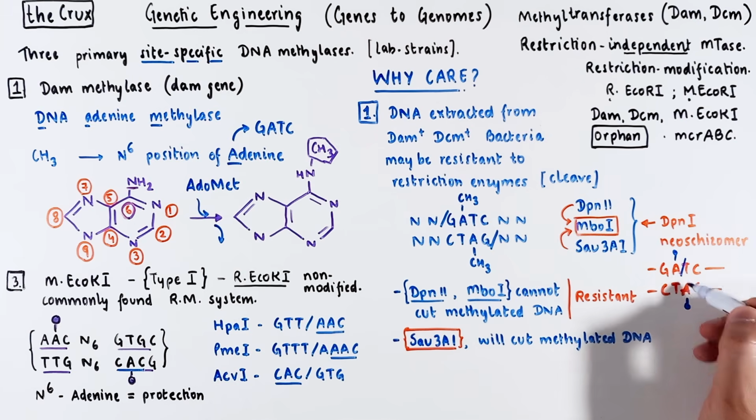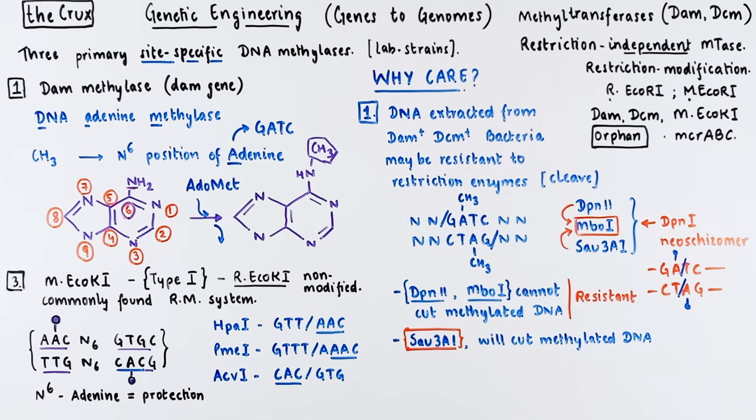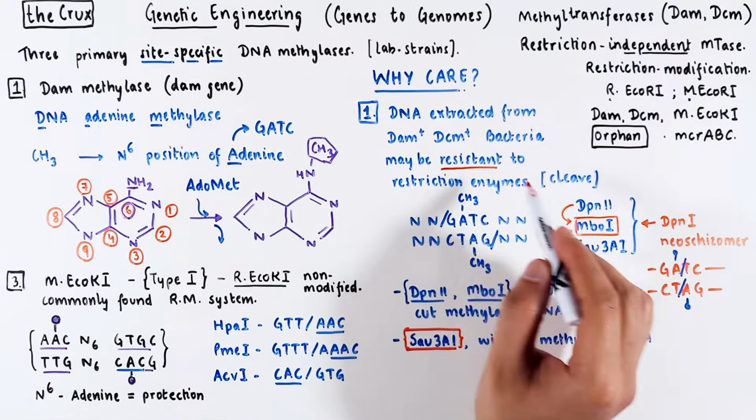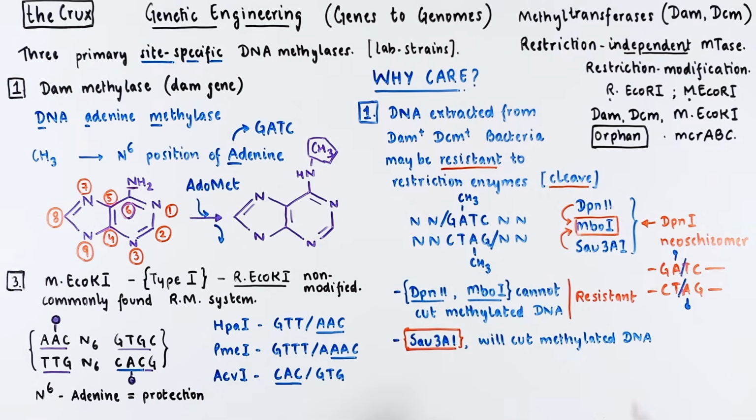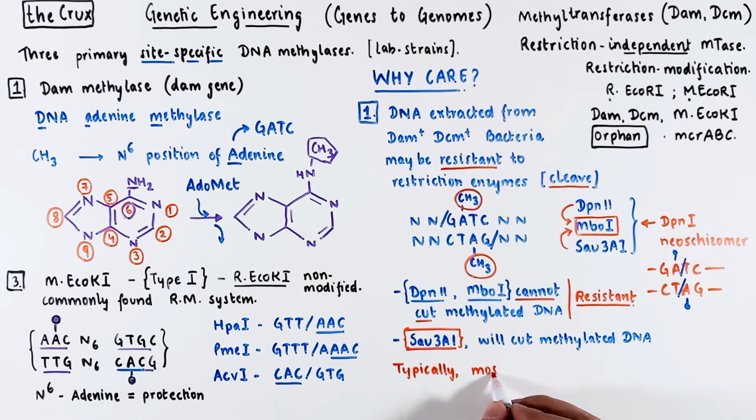In genetic engineering, you're usually cutting and pasting the DNA. If the DNA is resistant to cleavage because the enzymes don't work, because the DNA is methylated at certain regions, well, that is a good reason for you to care about methyltransferases. Most lab strains have active Dam and Dcm genes, so you should think about restriction sensitivities of your DNA when